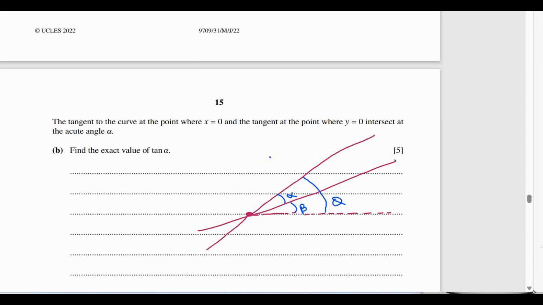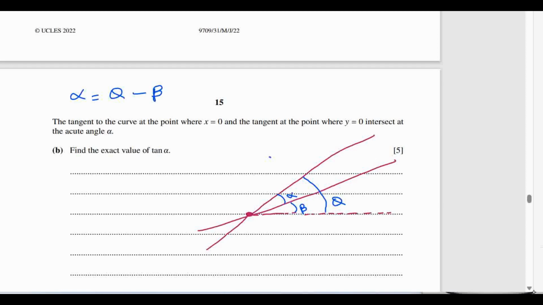So now as we can see, alpha will be equal to theta minus beta. That is the very basic understanding of the angle. So now what we can do is,